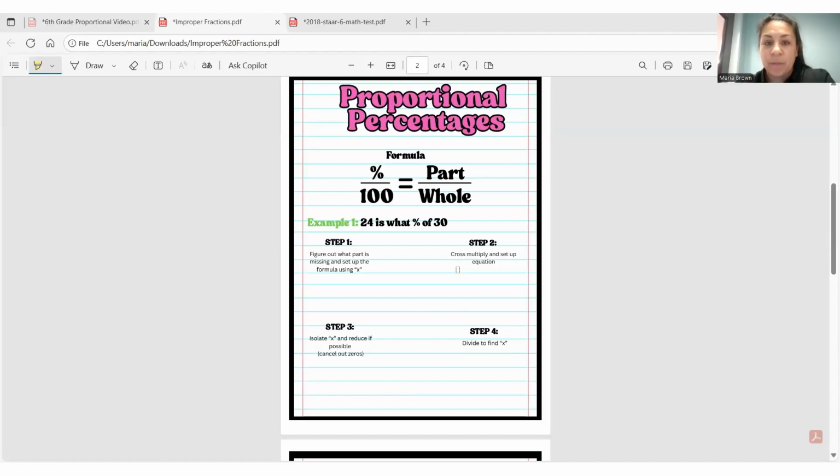And today we're going to be going over proportional percentages, and I will have this file downloadable for you so